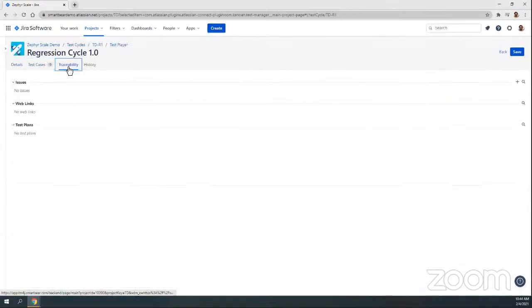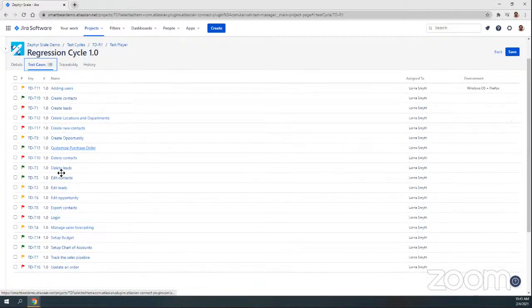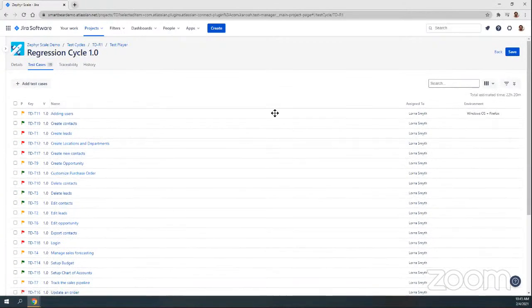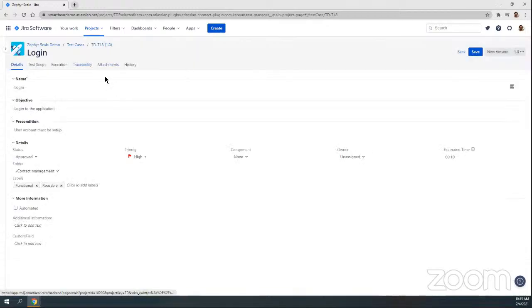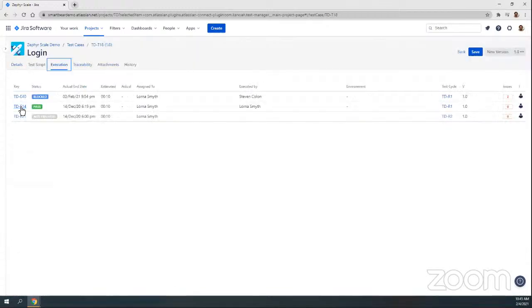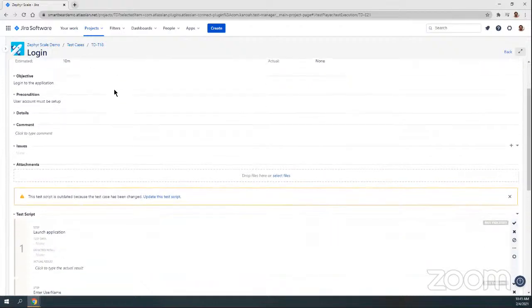So let's go ahead through this test cycle. We have our test cases. We have this traceability, so we can see it's related to that functional test plan. And then we have the executions that occurred as well. So I'll open up this execution here. Actually, let me open up a new one so that you can see how it's defined. So in this execution,